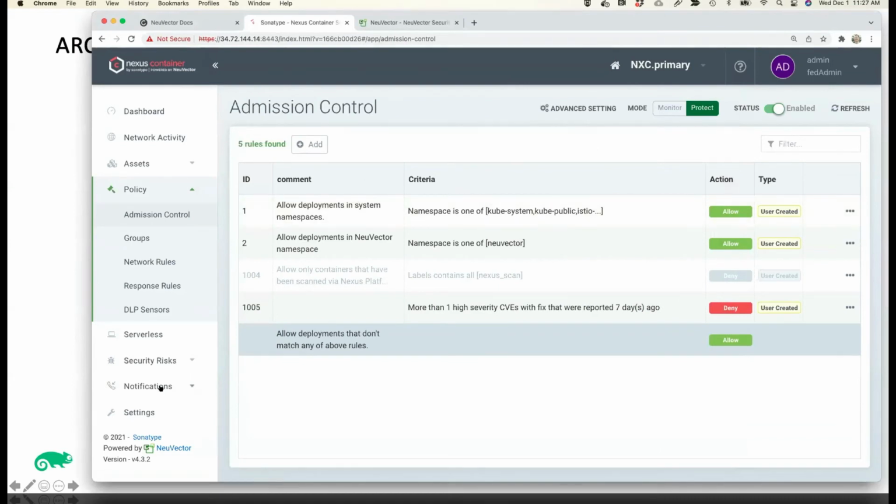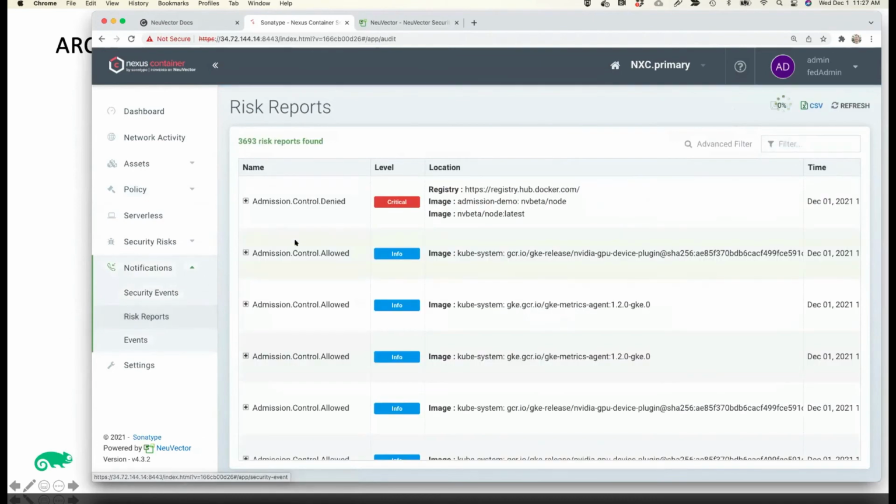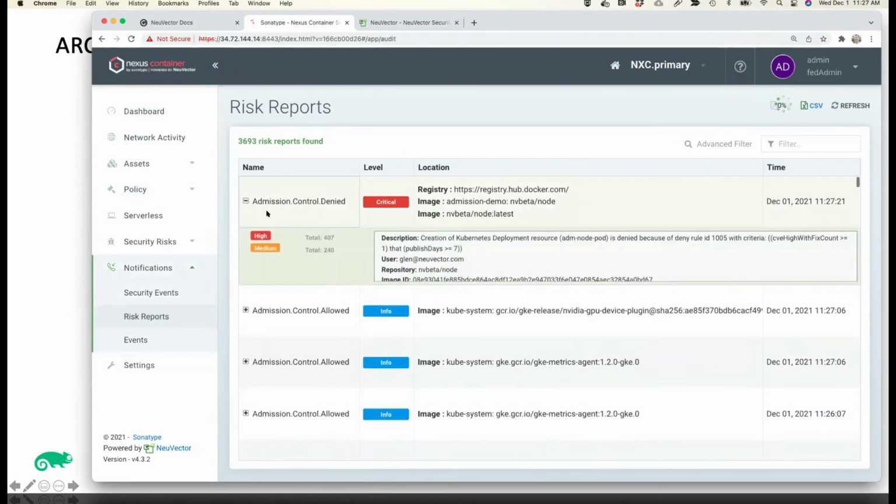So if we go into NeuVector, we can see under what is categorized as a risk report why this was denied. Rule ID number 5, with criteria CVE high count with fixed greater than 7 days, hit that rule, and therefore that deployment was not allowed.